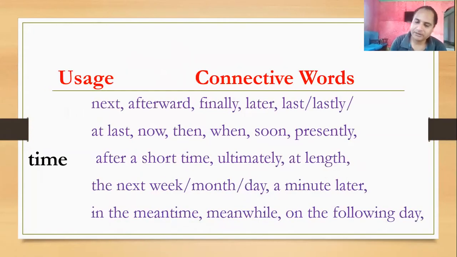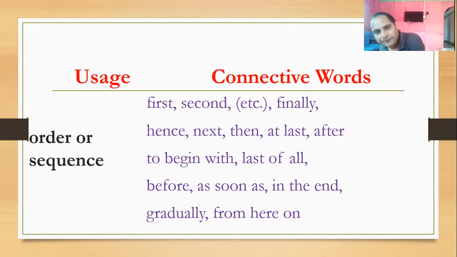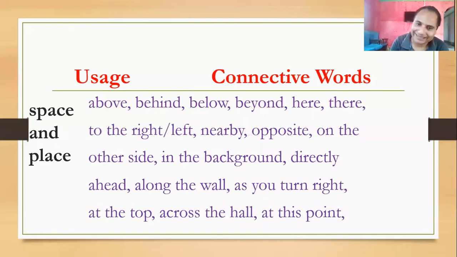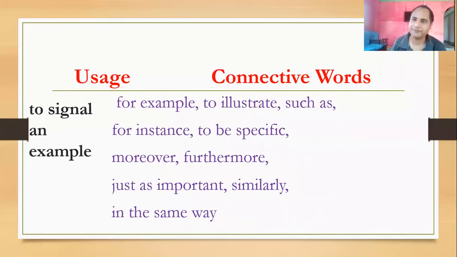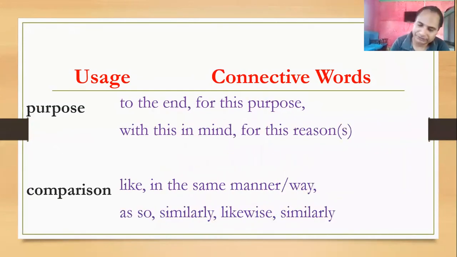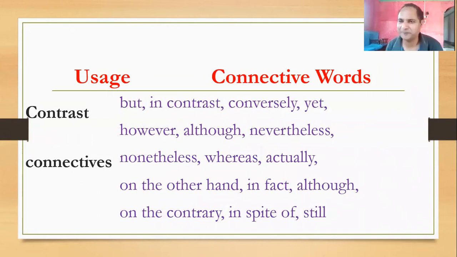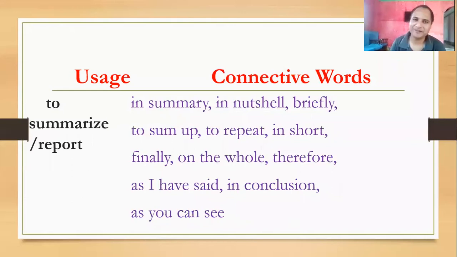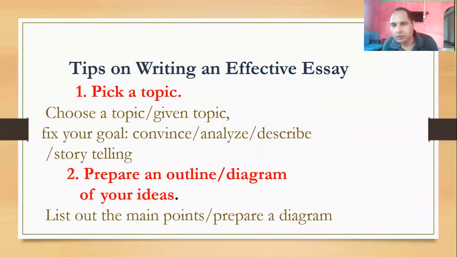See, for time, for additional information, for order, sequence, these are used to write the essays in different types. You could see these parts are used. I have omitted others also. There are more, but I have not used all. And finally, in your conclusion, how to write it. This comes for conclusion.